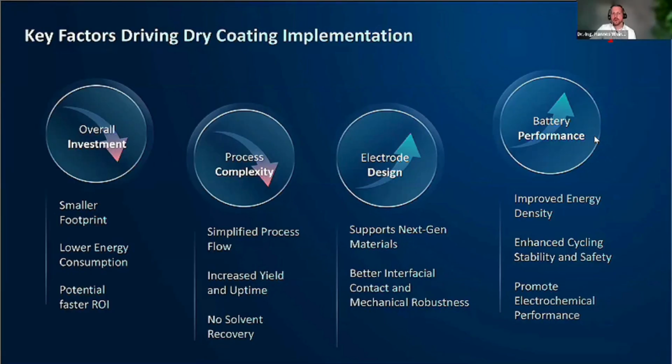And also there's no solvent recovery for dry coating processes. So solvent recovery is also quite a big equipment or machine in this sense. Electrode design, it supports next-gen materials. For example, a next-gen material would be the materials for solid-state battery in the product, but it's also beneficial in